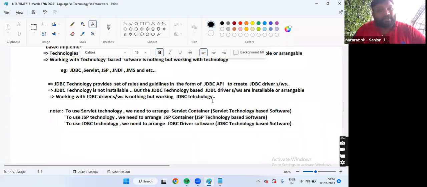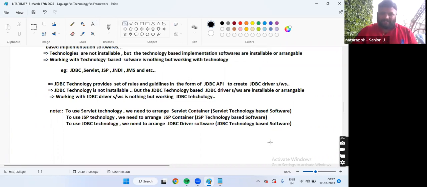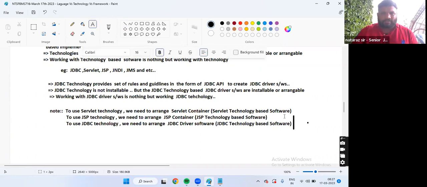To work with JDBC, we have arranged JDBC driver software. To work with servlet and JSP, indirectly we have arranged servlet container and JSP container by installing Tomcat server, right?